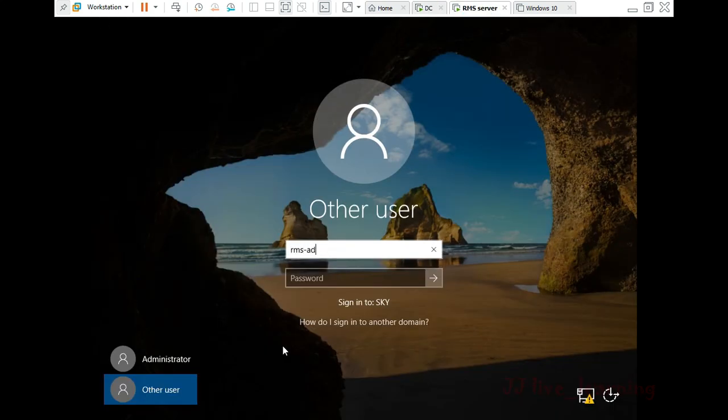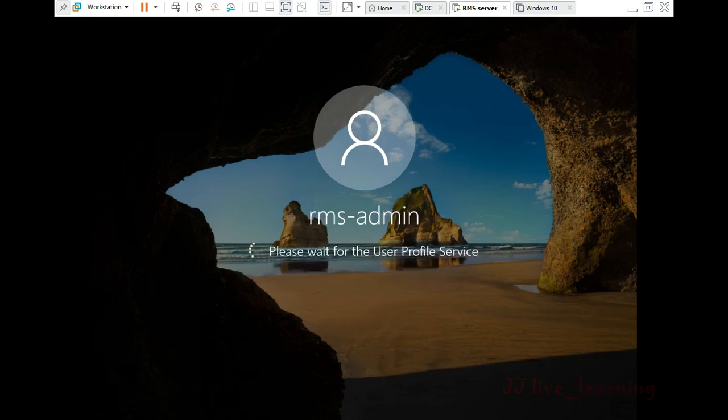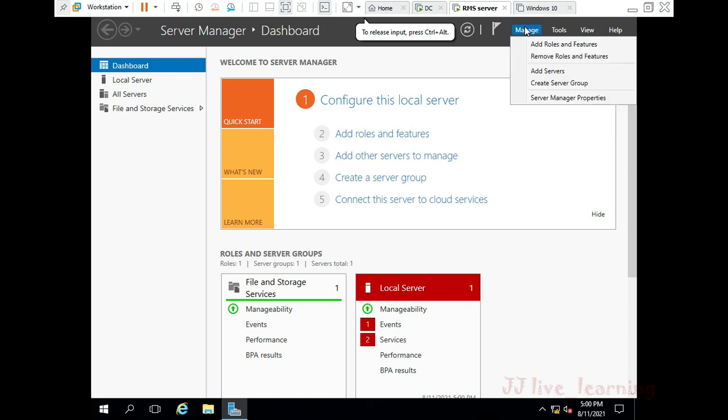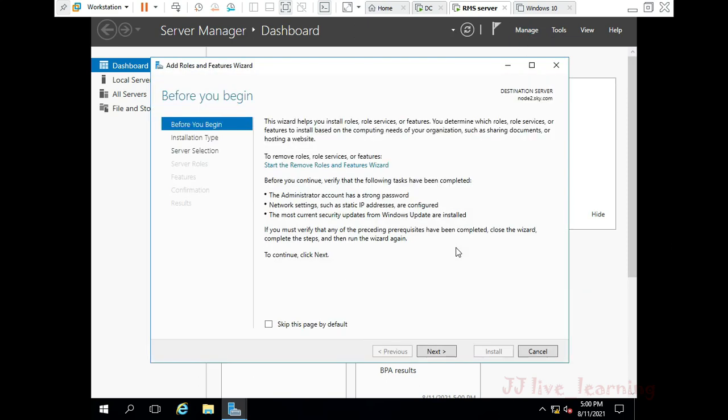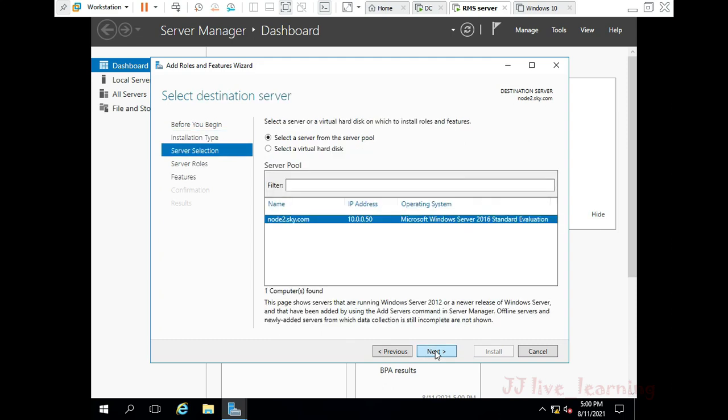So log in with rms-admin@sky.com. Open your server manager, select Manage, Add Roles and Features, and select the role-based or feature-based option.